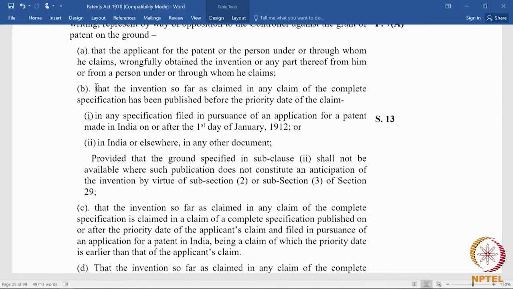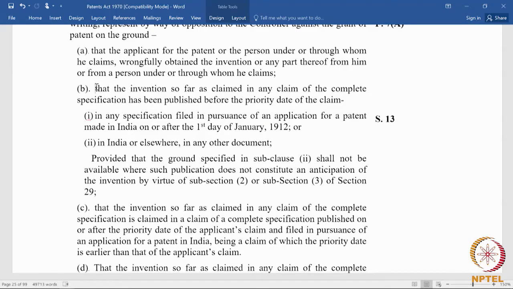2 covers prior publication, and in anticipation the Indian Patent Office, like most other patent offices, follows a global standard. We can look into documents from any country. It need not be a patent document, it could also be a non-patent document. So, any other document means any document other than a specification, and India and elsewhere covers the entire world. So, we have an absolute standard for novelty, what is called the absolute novelty standard. Regardless of what is filed in India, the Indian Patent Office can look at any prior art to challenge the